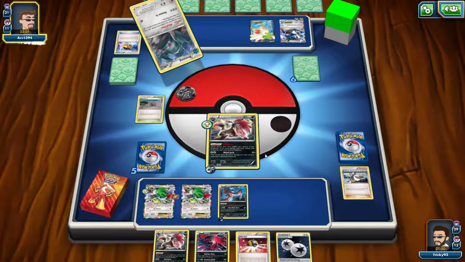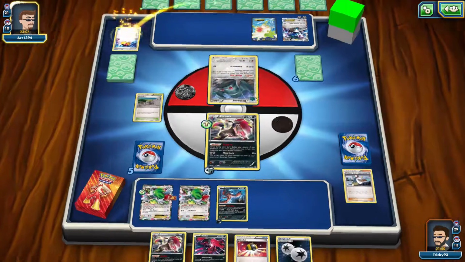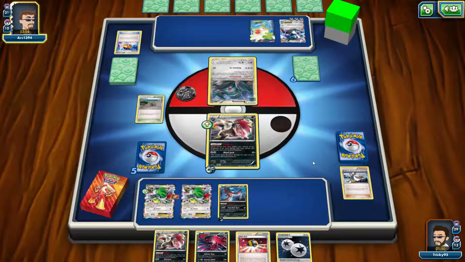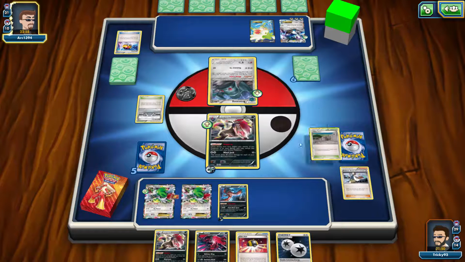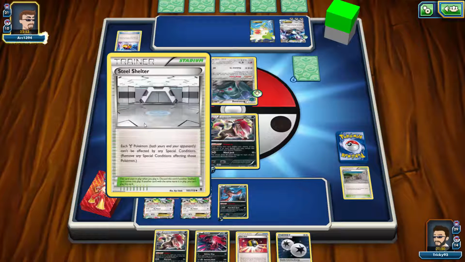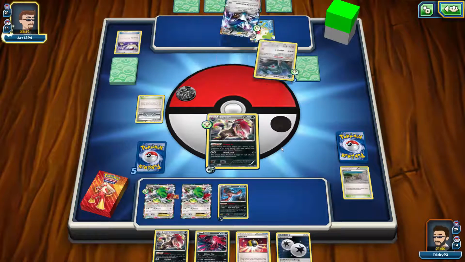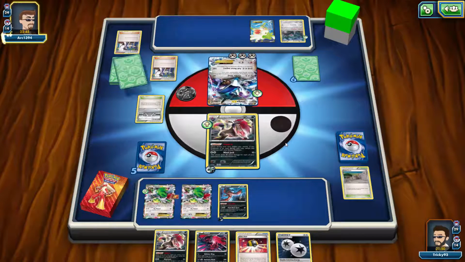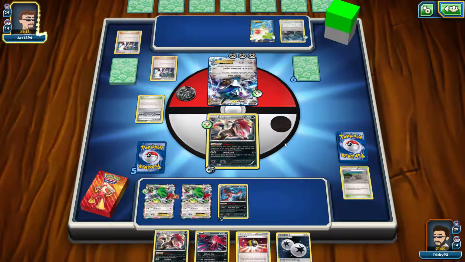My best bet now is to try and hit him. I don't think he can knock me out. Just 150. He can knock me out, can't he? Oh, he does play the special conditions. Okay, that's fine. Just special conditions, isn't it? I'm not too bothered about that. No, I just have switch. Actually, I am bothered about that. He can hit me for 60. That's not too bad. I mean, now I can switch out, go into the Yveltal and start hitting the bench